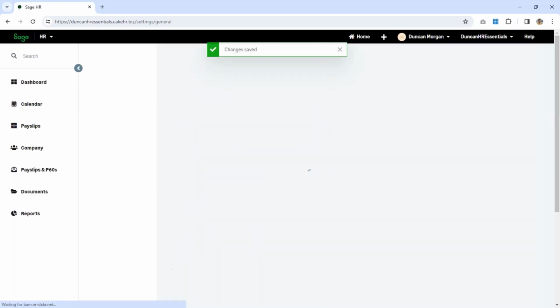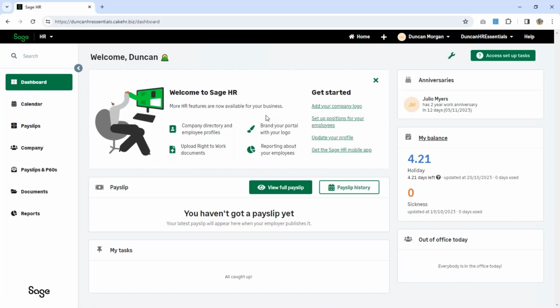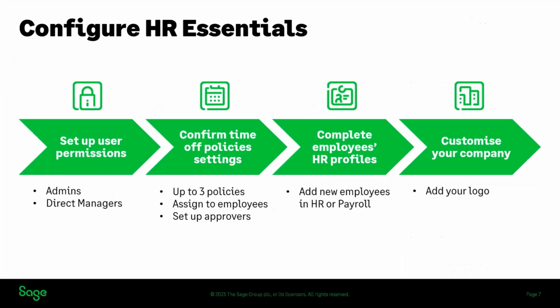And I'll save those changes. And that is the setup pretty much complete. So a reminder to access the help on these setup tasks, just click on the icon here at the top of the screen. And just to give you a quick recap of the steps I've just been through, we started